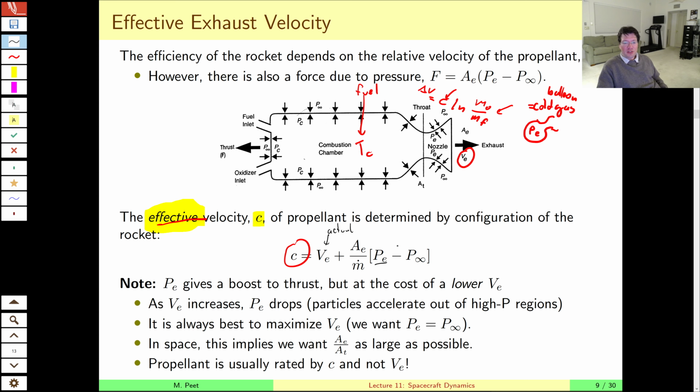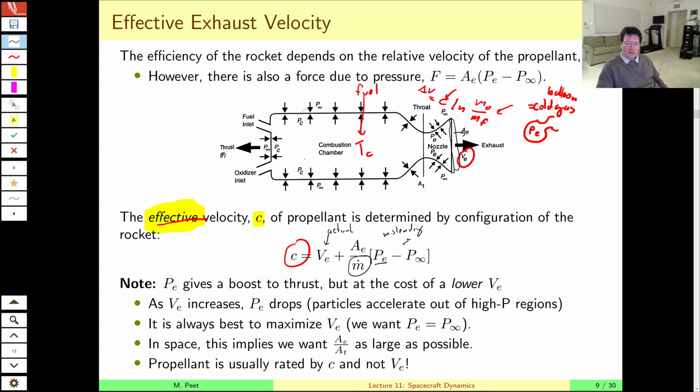So the pressure at this exit is multiplied by area to get you a little extra force. Pressure times area gives you force, and of course, the amount of mass flowing through also contributes to that. But this is a little bit misleading,